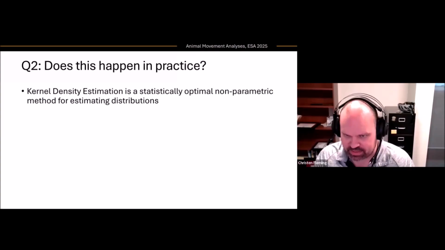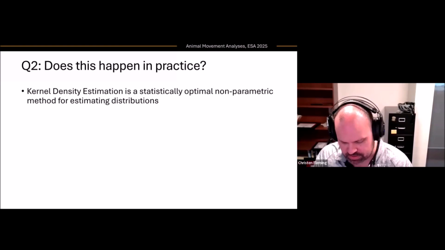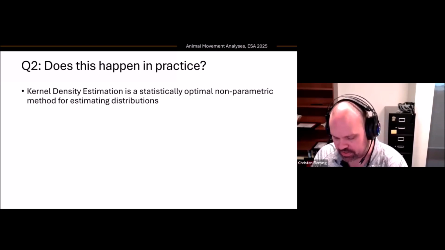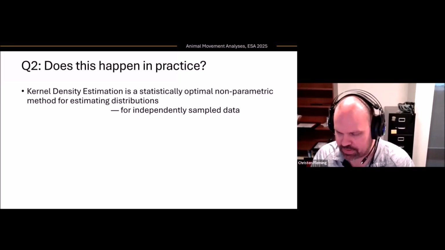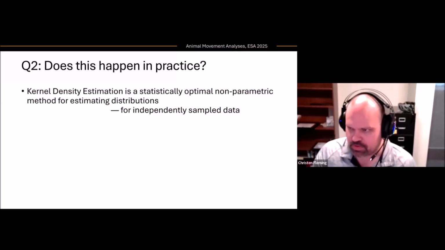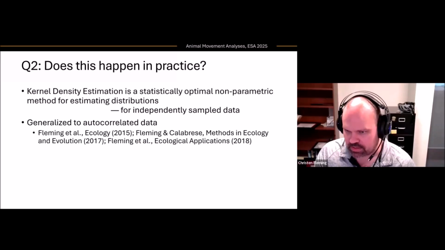So first I want to say that the actual method we use here, kernel density estimation, is like the best known family of methods for estimating a distribution when you don't have any good sense of what the parametric model might be, or you don't have good covariates where you could even build a parametric model. But this is all for independently sampled data. So before the methods in ctmm, there were no kernel density estimation techniques for autocorrelated data. And so we introduced a variety of